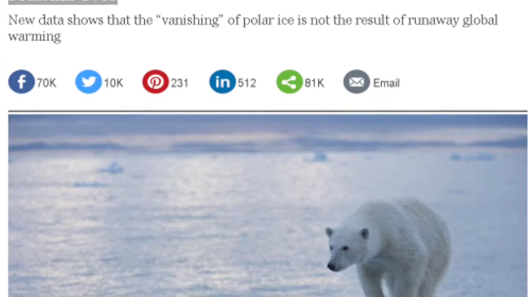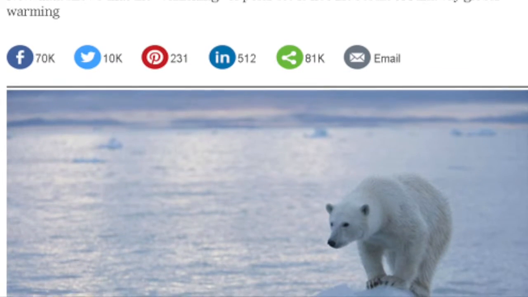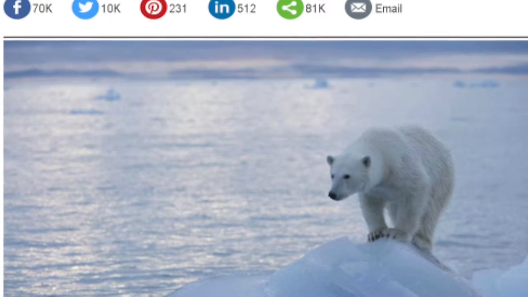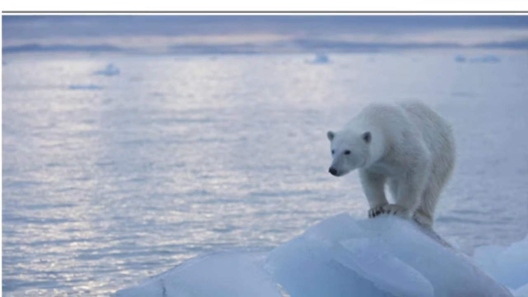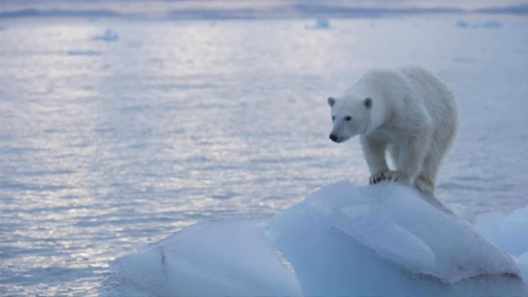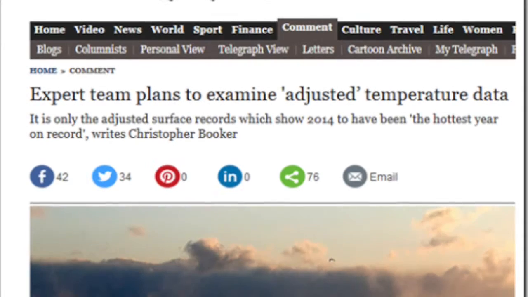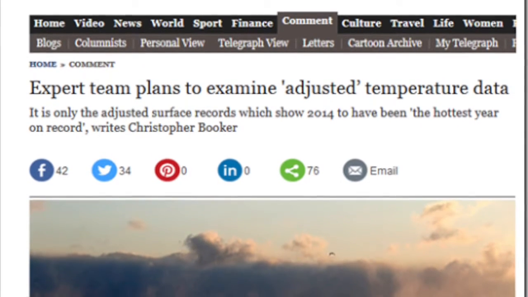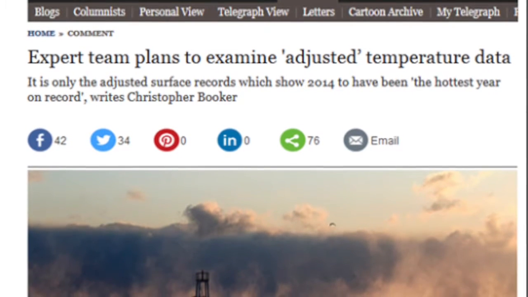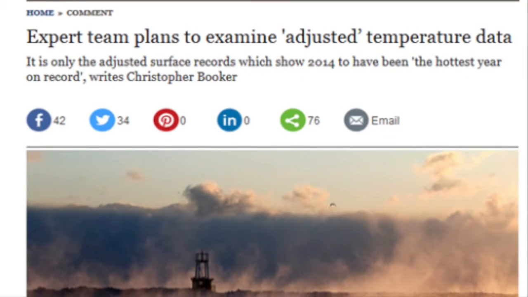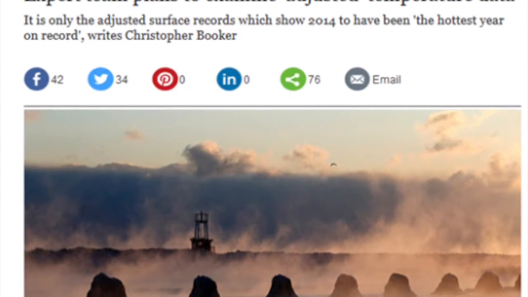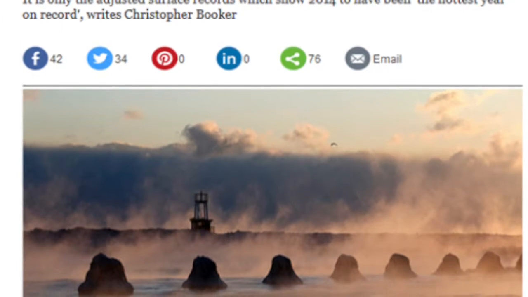When future generations look back on the global warming scare of the past 30 years, nothing will shock them more than the extent to which the official temperature records were systematically adjusted to show the Earth as having warmed much more than the actual data justified. I will have to disagree with Booker because he's nowhere near an expert on climate change. All of the articles he has written on the Sunday Telegraph are opinions he has towards these scientists or researchers' findings on climate change. Global warming is not a scandal, nor is temperature data.